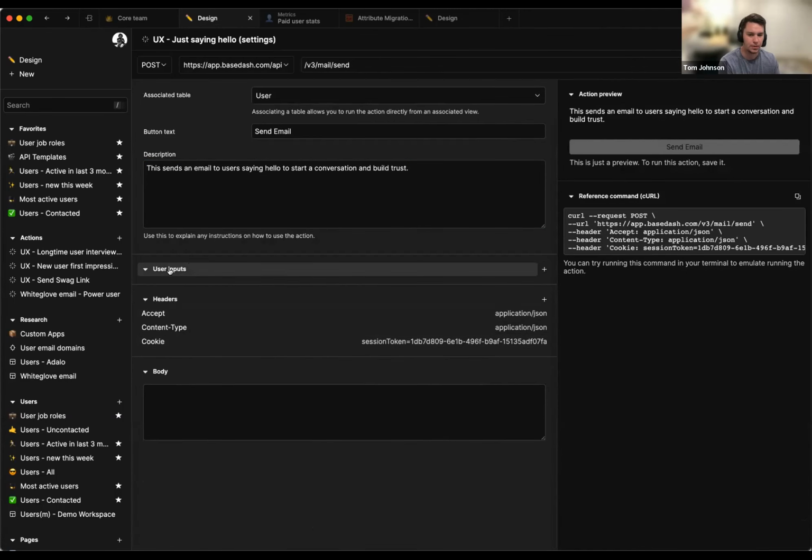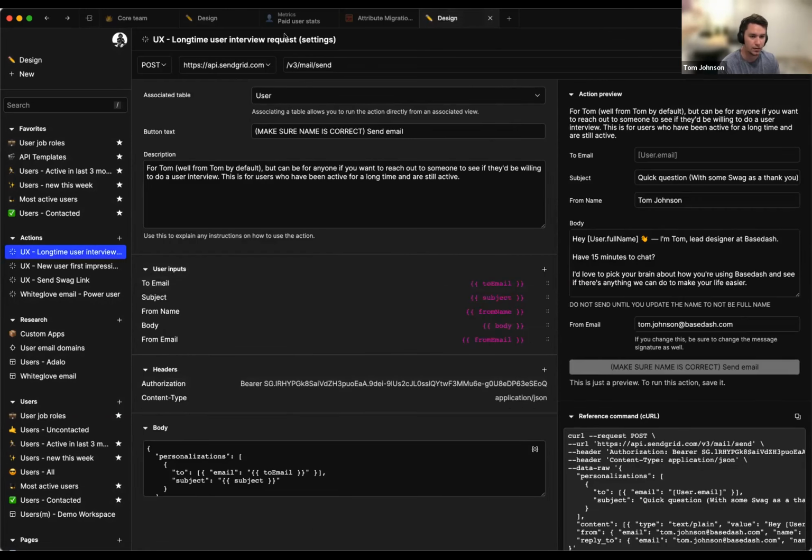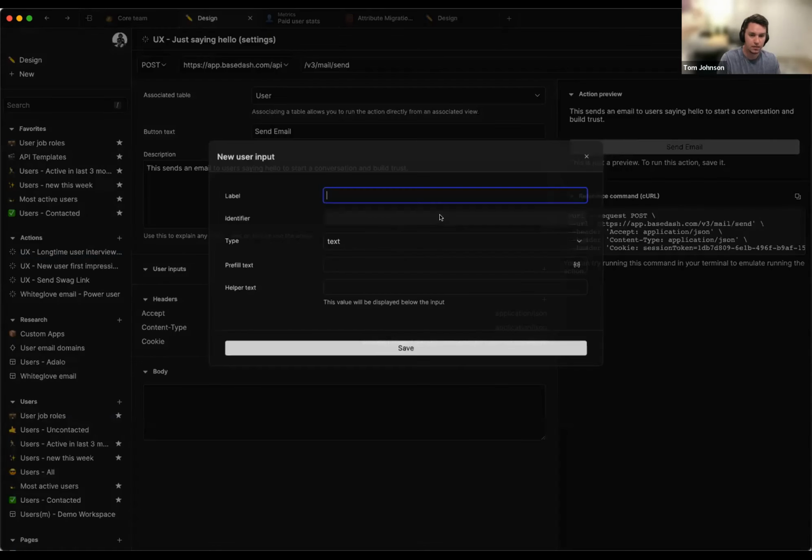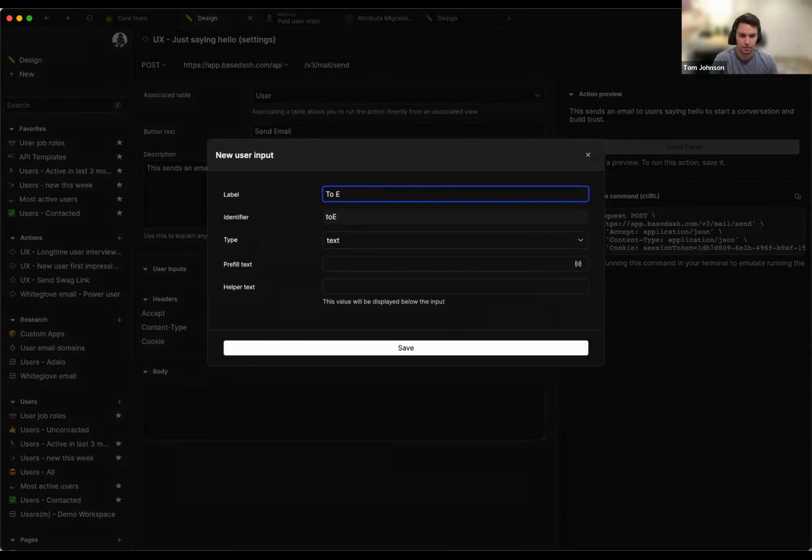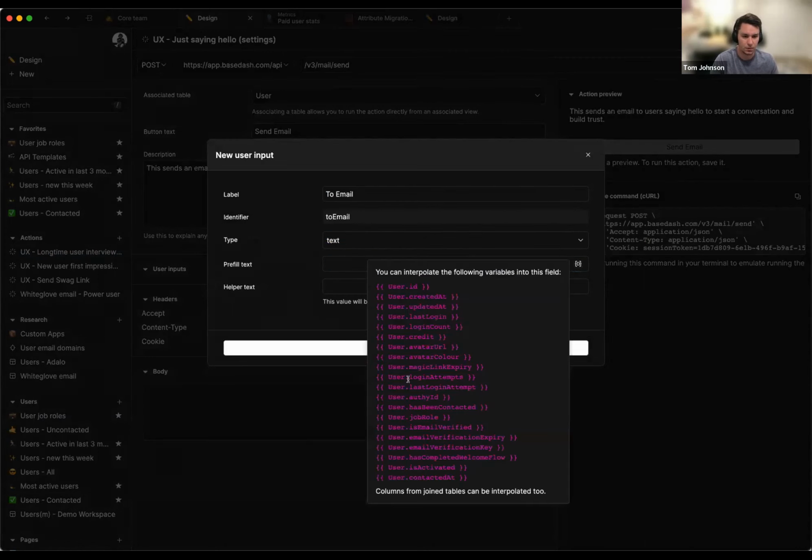Okay, so user inputs. Inputs are the fields that you need to define in order to send the action. These are meant to be, maybe I can confirm the values in there to make sure the interpolated values are populating, or this is something that I can change. Maybe I want to leave one blank, but these are just the fields that show up over here in the sidebar. I'm going to say to email, I'm going to add one. It's a text type. I'm going to pre-fill a text with user